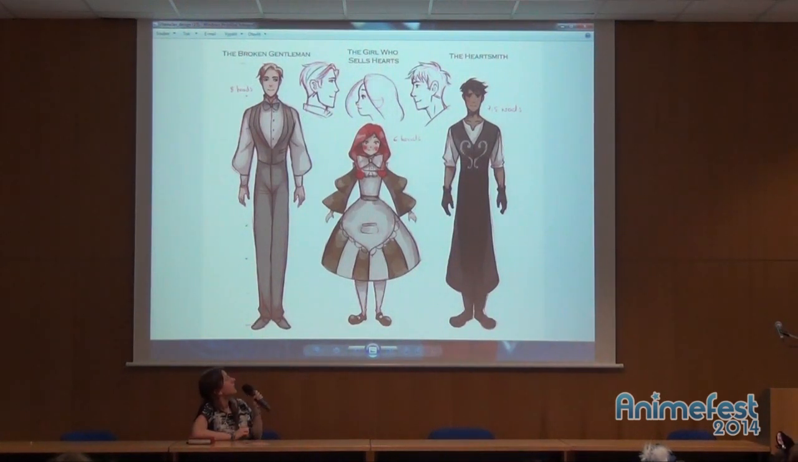And with these characters, I also tried to find shapes that define them. For example, the girl was supposed to have hearts in her design. If you combine her hair with her apron, it's supposed to be a big heart, but I don't think anybody has ever noticed it. But this was my idea. And she also has tiny hearts at the end of her